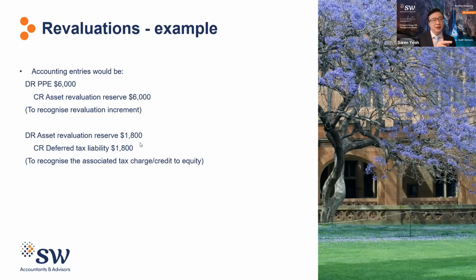Okay. To further demonstrate this, as you depreciate the asset, your temporary difference is going to reduce over time. That means that your deferred tax liability would reduce over time. So you'll debit the deferred tax liability. The question then is, what do you credit? Okay, state the answer in your mind and I'll give you the answer. You do not credit the asset revaluation reserve. The reason why is because the depreciation is hitting